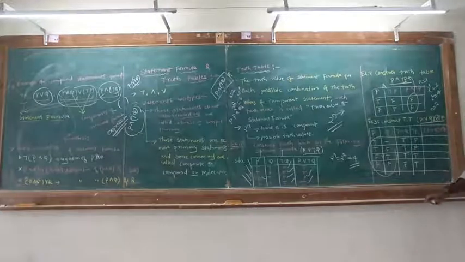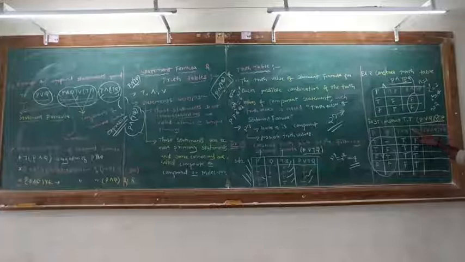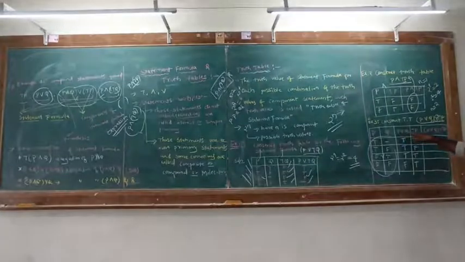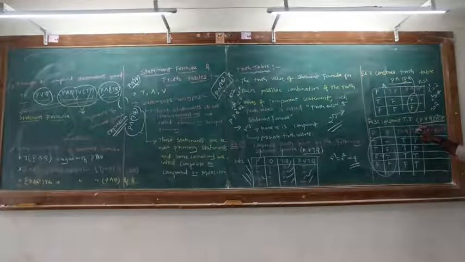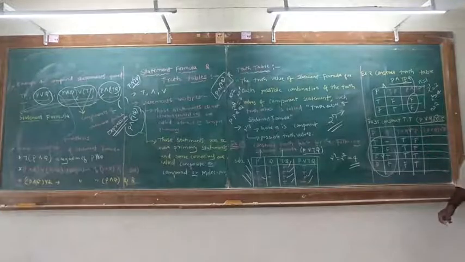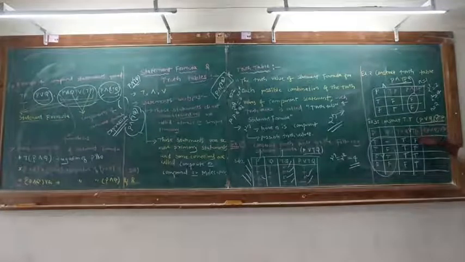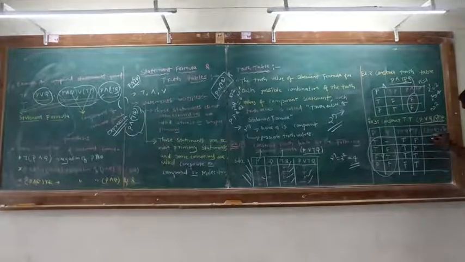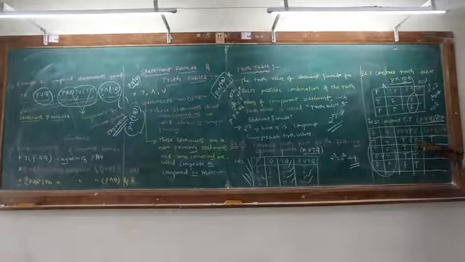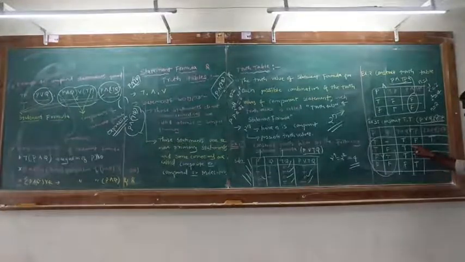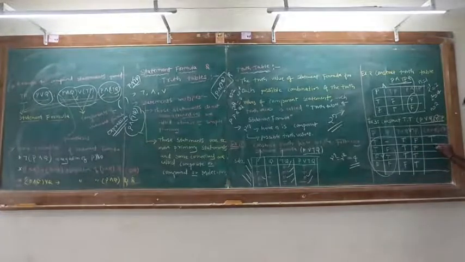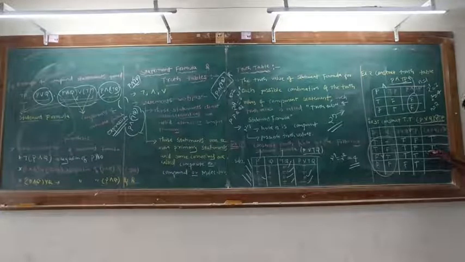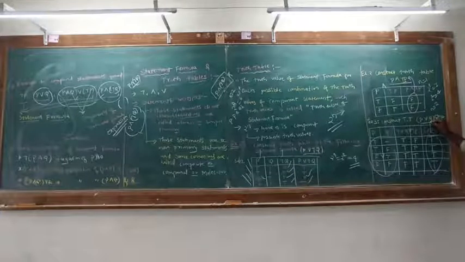Disjunction. Now do the disjunction between both these columns. So P disjunction Q, and here we have the disjunction symbol. Disjunction negation P. So do this one. True, disjunction false, that is true. True, disjunction false, true or false? True. True. False, true. So this is the truth values of this statement formula.